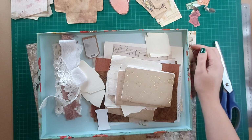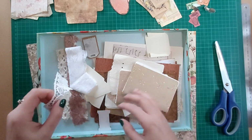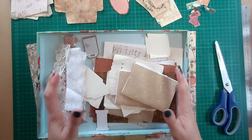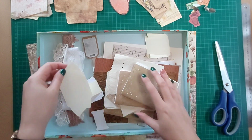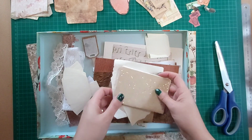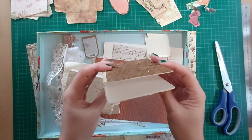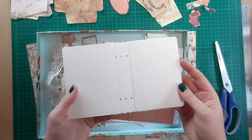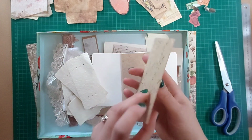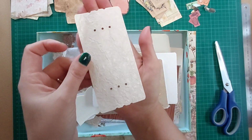A few videos ago now, I think, I showed off this kit that was sent to me by my friend Maryam from Heartincrafts, and I will put her links down below because she will be selling kits similar to this. Basically she has the Sizzix passport die set, which creates these little mini passport sized notebooks, and then you also can cut the papers that go with it, and it also cuts the spine,